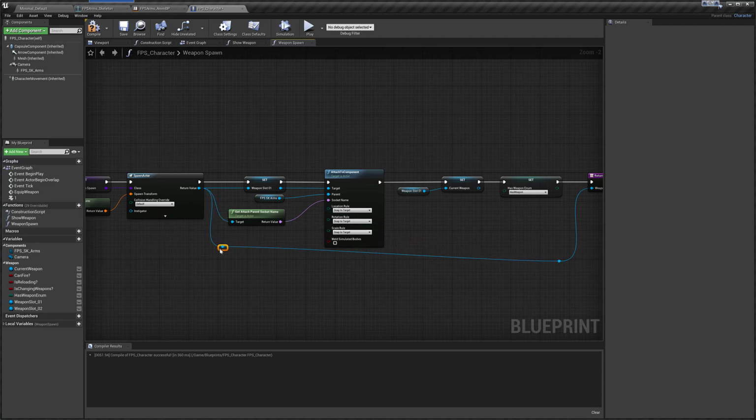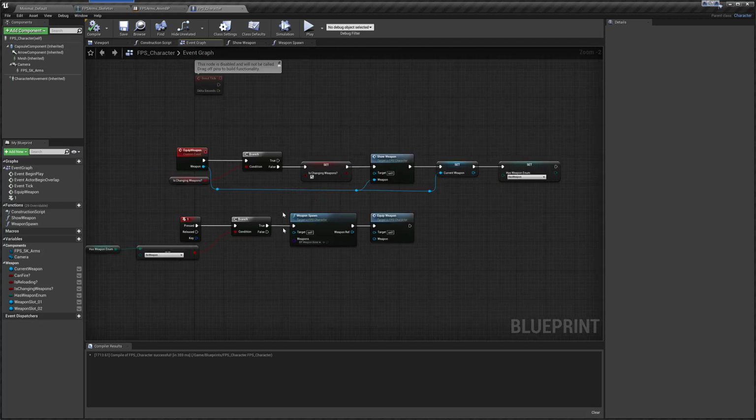Probably would have been a good idea for me to plan this out before I recorded this video, but I didn't, and this is what we get. So let's compile and save that. We'll go back to the event graph, and we'll connect the weapon ref to the weapon pin. We'll compile and save,